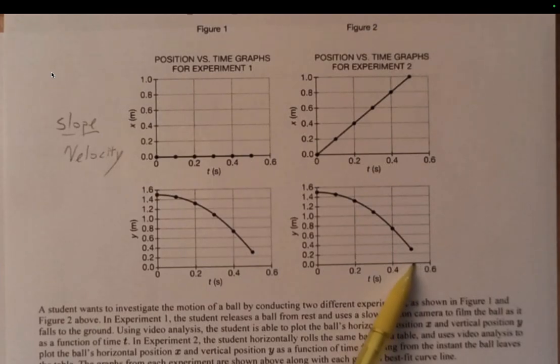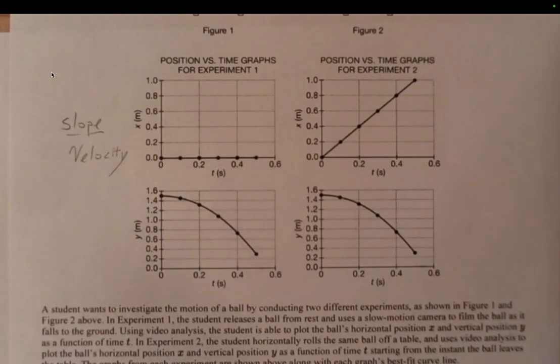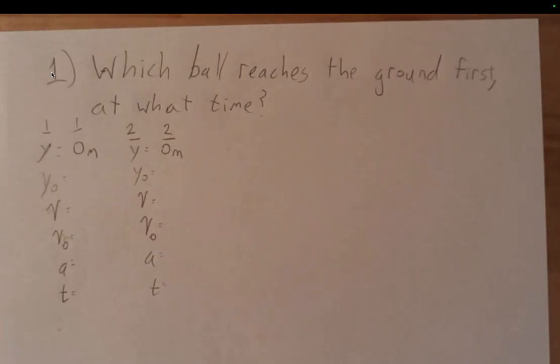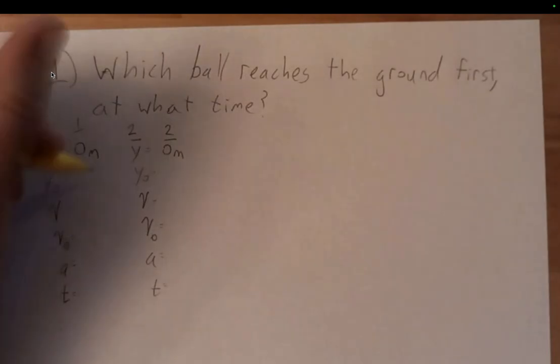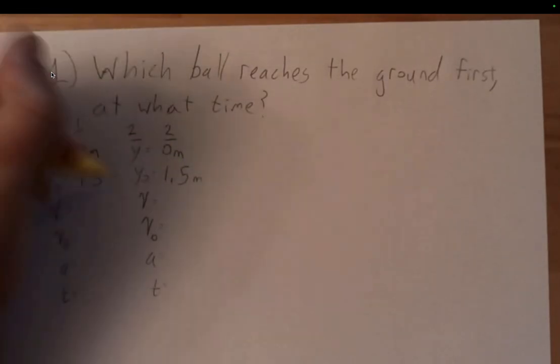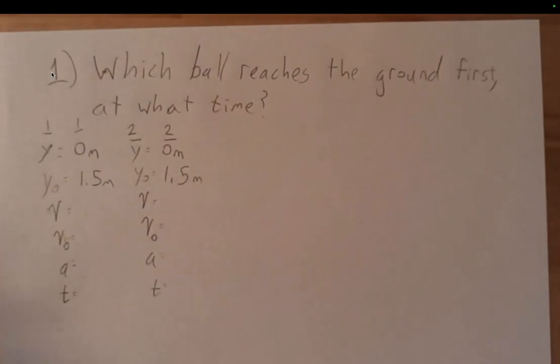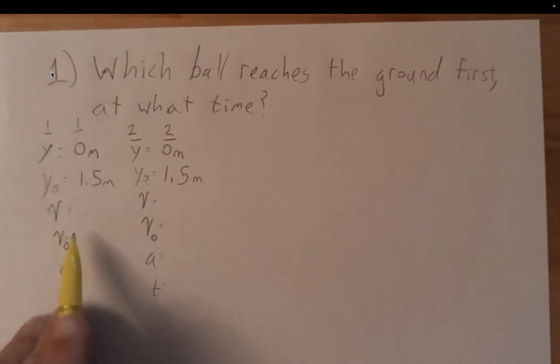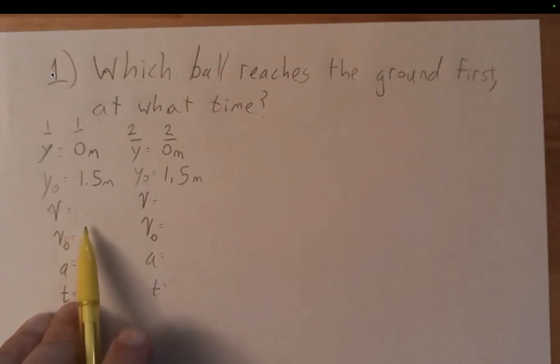It looks like it's going to be around 0.5 right in here, before 0.6, so after 0.5, before 0.6, somewhere in that time. But we don't know exactly the time graphically, but we can use our equations to set this up. I know then the y naught is that 1.5 meters for each. The v, we don't know their vertical velocity,